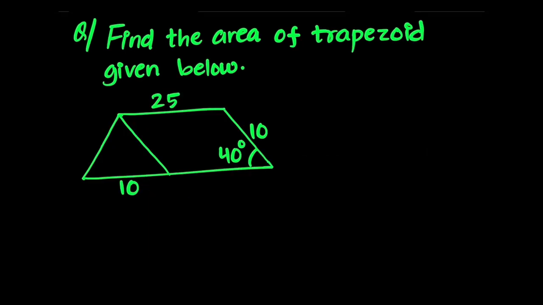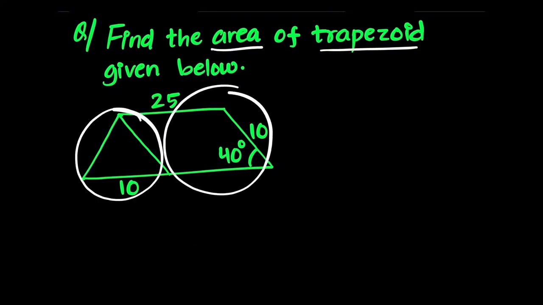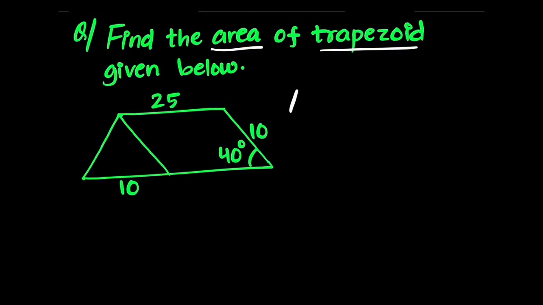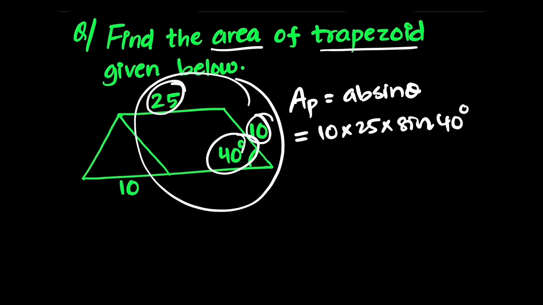Let's look at another problem which says find the area of the trapezoid given below. Since this trapezoid comprises a parallelogram and a triangle, first let's find the area of each shape, that is area of parallelogram and a triangle, and then add them together to obtain the area of this whole shape, that is trapezoid. So area of parallelogram, denoted by a subscript p, is given by ab sine theta. Substitute the values here. So in this parallelogram, a is 10 unit and b is 25 unit times sine of angle here is 40 degree, which gives us